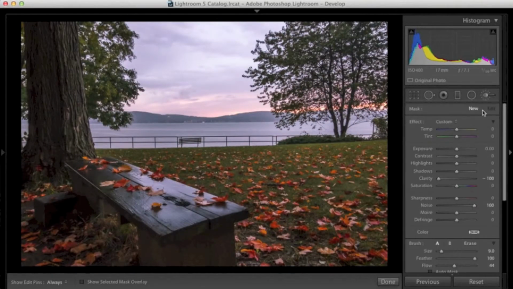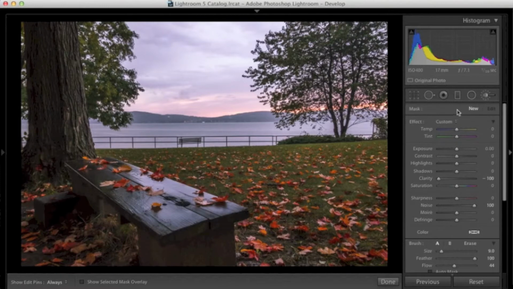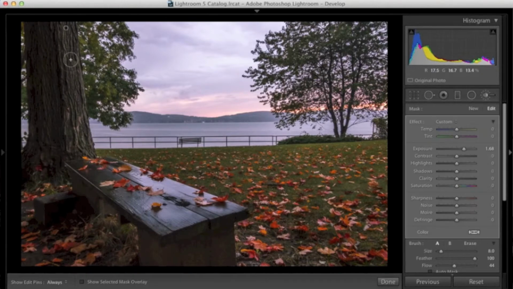Now, I actually want to do a little dodge and burning. So I click on my brush right here, click on your brush, then make sure you click new, and then go to effect and double click that. So what I want to do is I definitely just want to dodge some things. And like I said, in Lightroom, you can push that thing up as high as you want it, and then fix it accordingly. Like I want to dodge this tree,